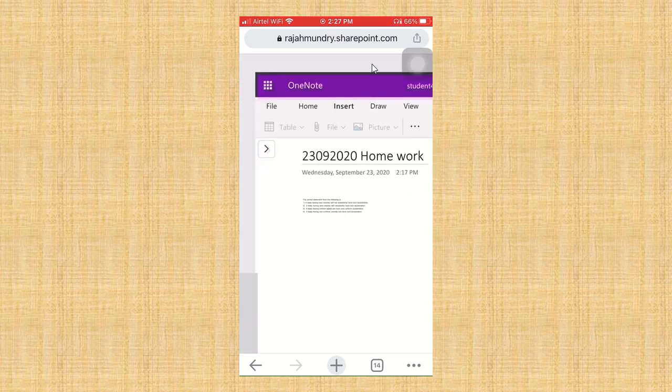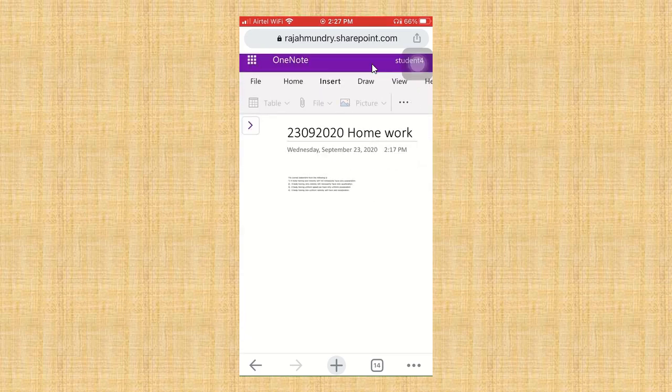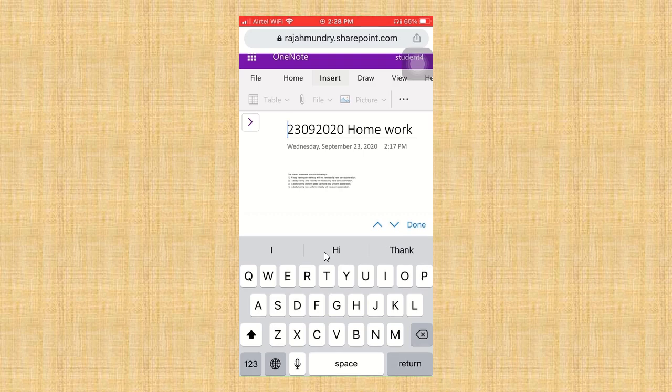But in the previous video, what we did is we pressed anywhere on the screen like this to get the camera enabled. But here it is not the option like that. You need to press on insert. So you can put your mouse anywhere on the screen, and you just press insert. It will ask what you want to insert, whether it is a file or a picture. Generally we attach pictures from the mobile or from the camera. So I am pressing the picture.